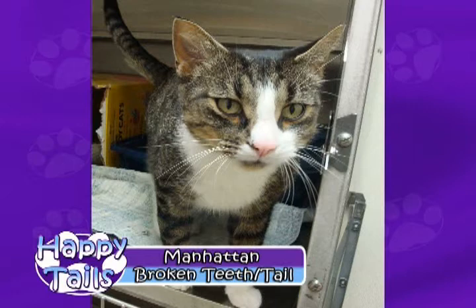Right. Parts of the tail were also broken, where there were old fractures in the tail, not addressed. And here again, we don't know how these things happen. Well, the interesting thing about Manhattan is that he belonged to somebody somewhere along the line, because he's front declawed and altered. So here's a spayed or neutered cat, front declawed, roaming around outside with a broken tail and